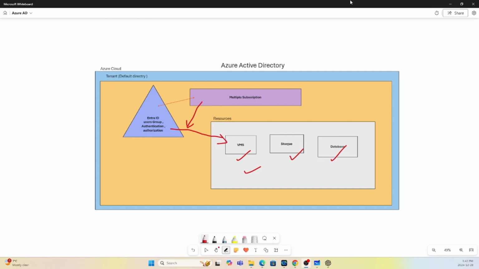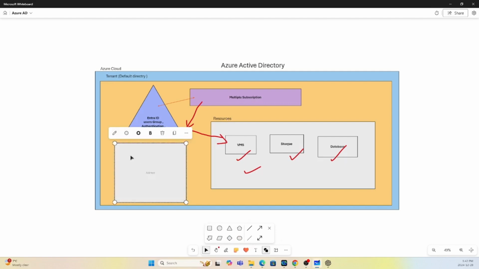So we have discussed the subscription. Now we have some licenses in Azure as well. Licenses in Azure are like keys that unlock access to specific services for users. Without a license, a user cannot use certain tools or features. So when you assign a license to a user, let's suppose we have assigned this license to the user, you are giving them permission to use specific services like